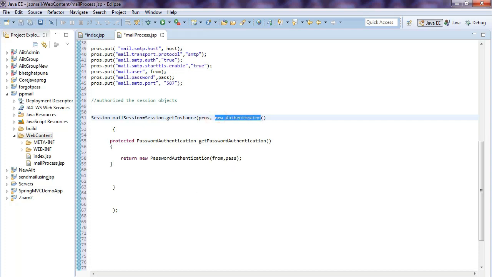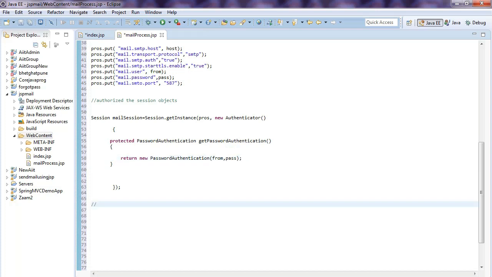Okay, Authenticator is a constructor here. When the server matches your password provided by you, if it is true, then it returns the password authentication from and pass. That means from is your email id and pass is your password.